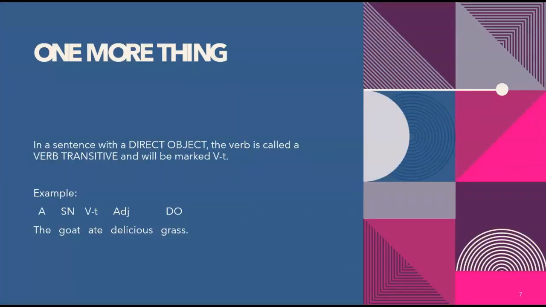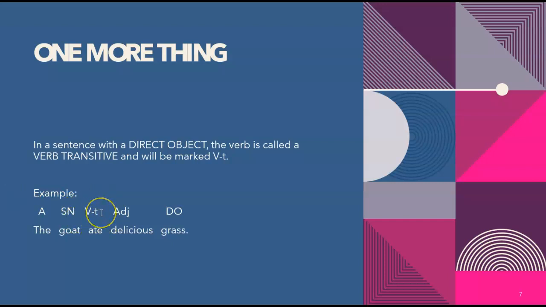All right, one more thing. In a sentence with a direct object, it has a verb that is called a verb transitive. A verb transitive means that it's moving its action across the sentence. You can think about a baseball player moving the baseball to home plate, nice straight line. A verb transitive is moving, it's kind of like pitching, it's moving its action to the direct object. So we have to put VT,